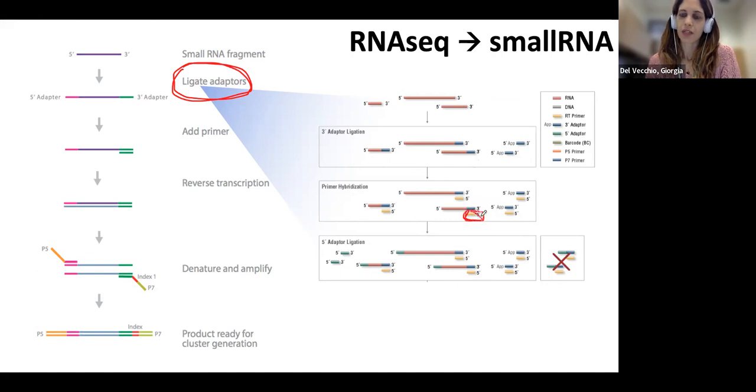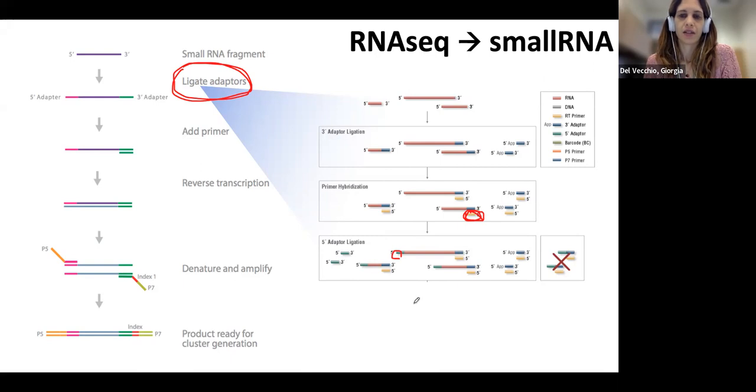That's the primer for the RT enzyme. So we have the primer hybridization, and then we have the adapter ligation at the 5' end. The blue one is the 3' end adapter, and this is the adapter at the 5' end. And now we can have the reverse transcription